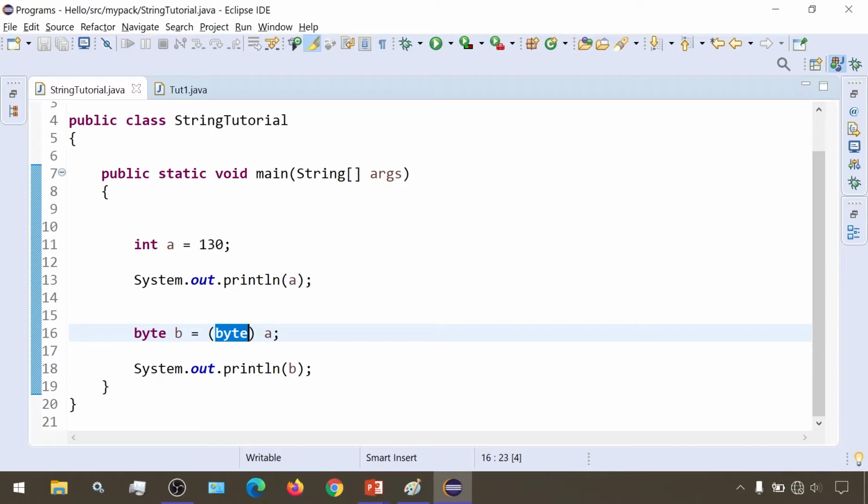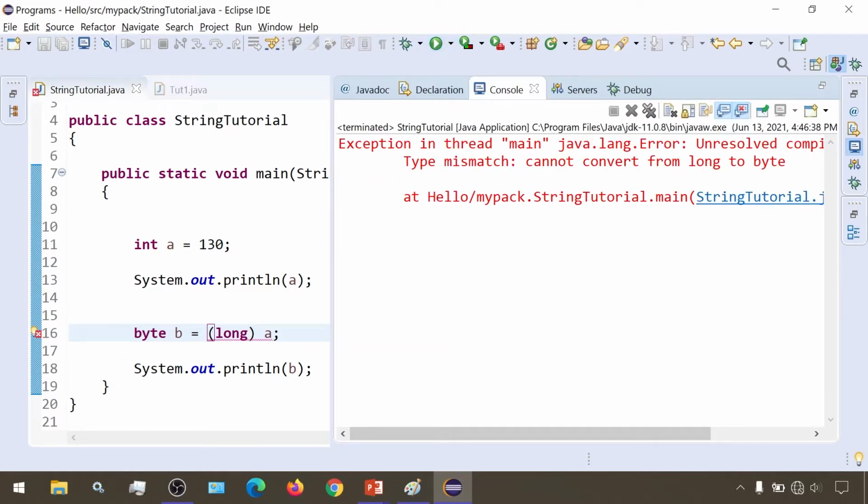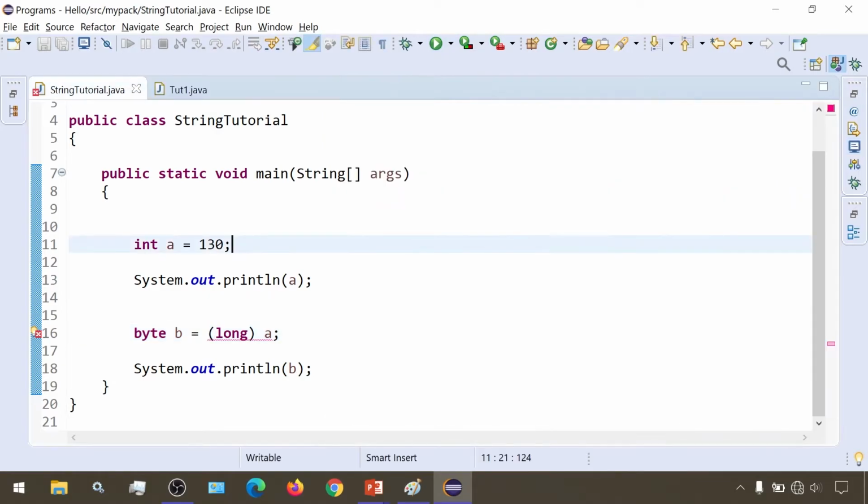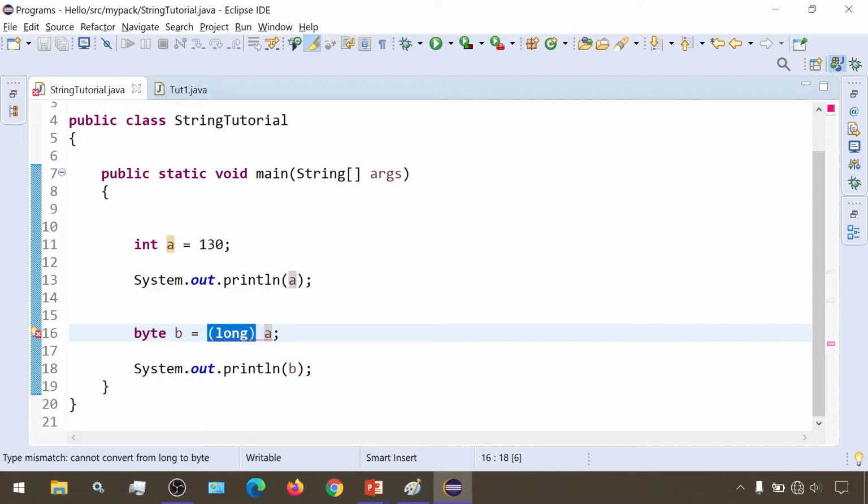Now if I give long here and run this program, try to take a guess. Here it says cannot convert from long to byte. What happens is this a is first of type int. Then we are saying convert this into type long, so it will convert this int a to long a.